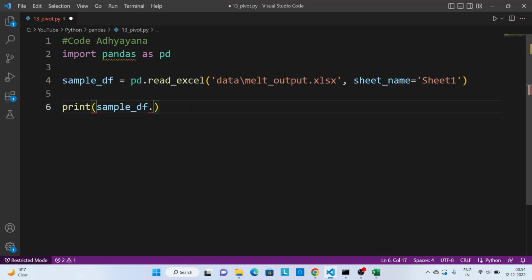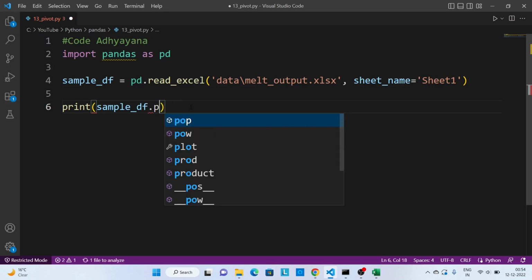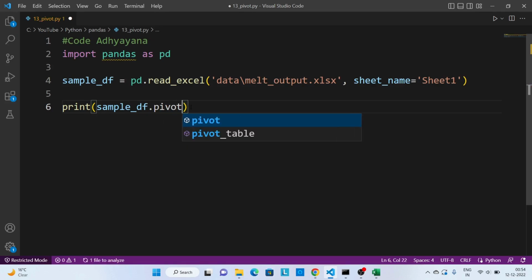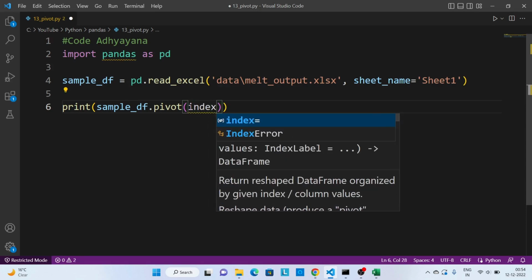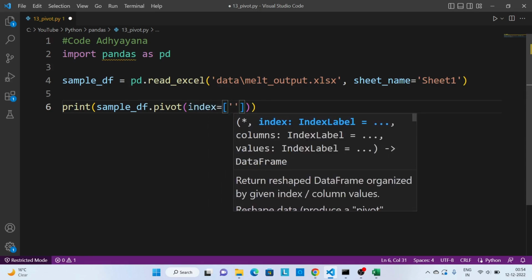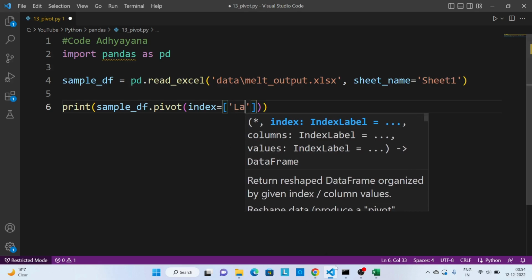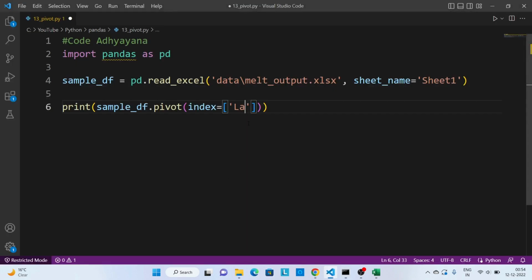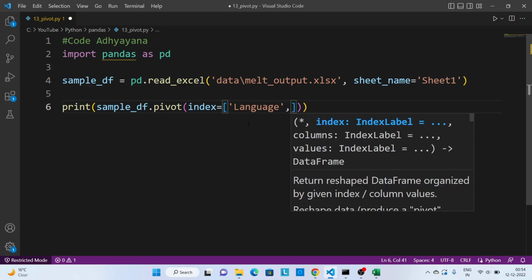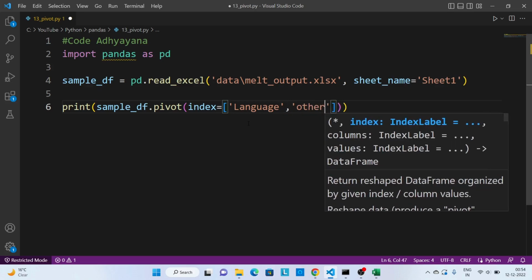Now in order to pivot this data, you have to use pivot, and here we have index, where these 2 columns we can keep in index.